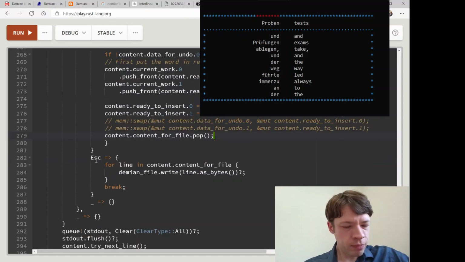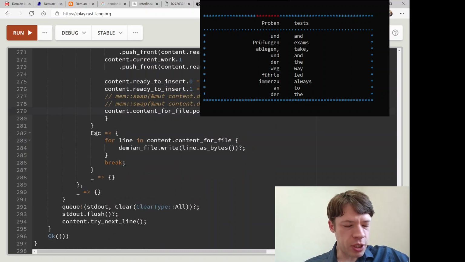And then finally, escape. So escape is when I'm done putting some words in. So then it'll just write it to the file. So it'll say, for line in content for file.